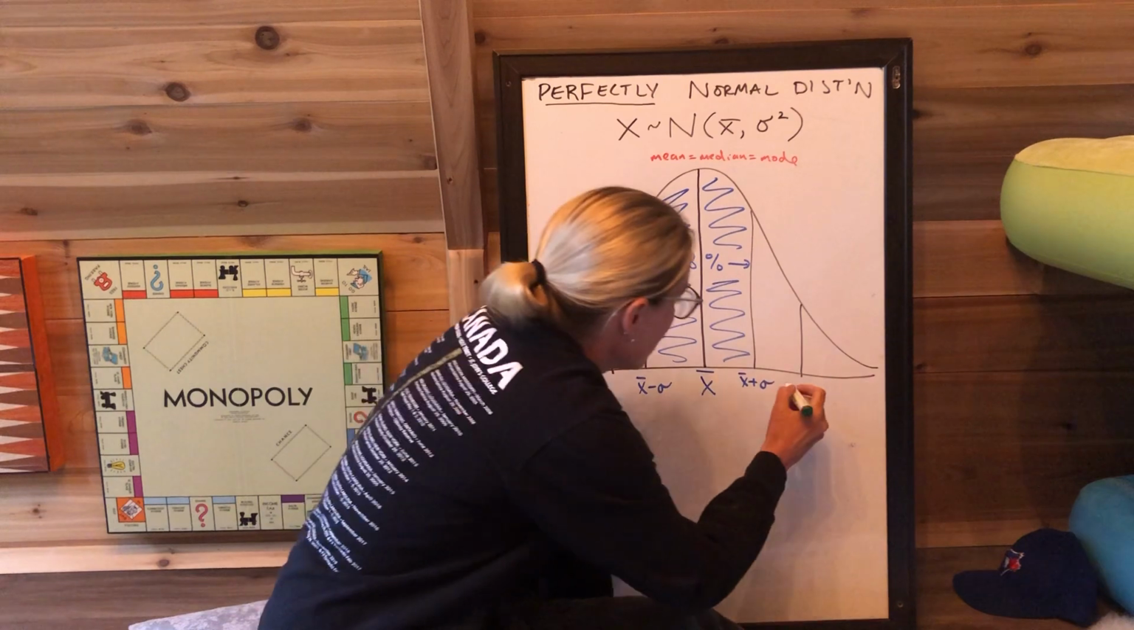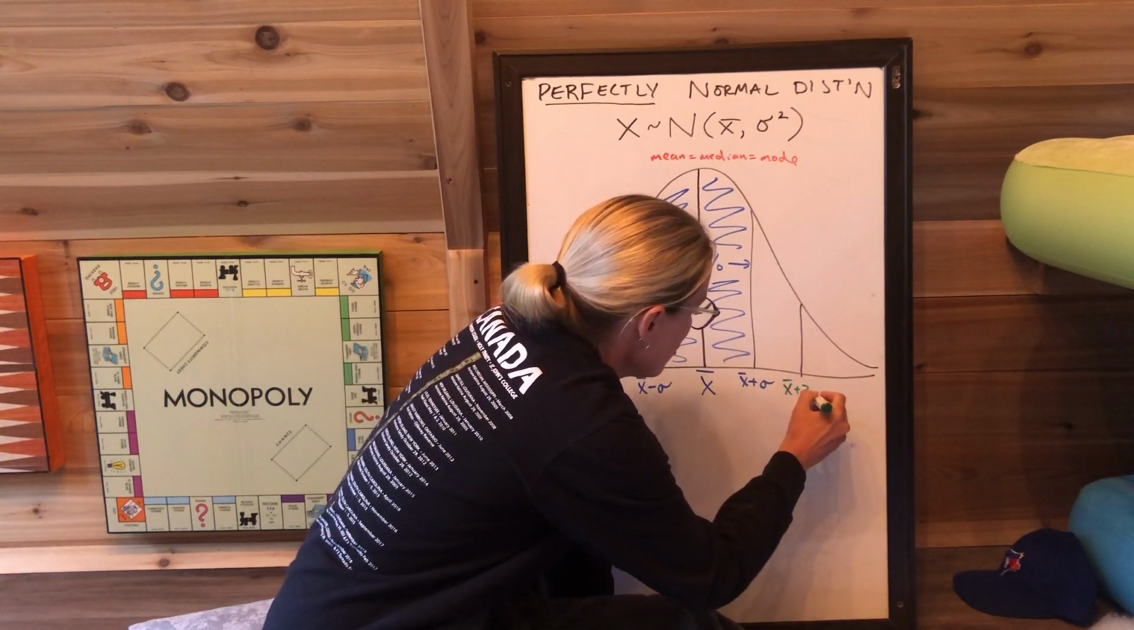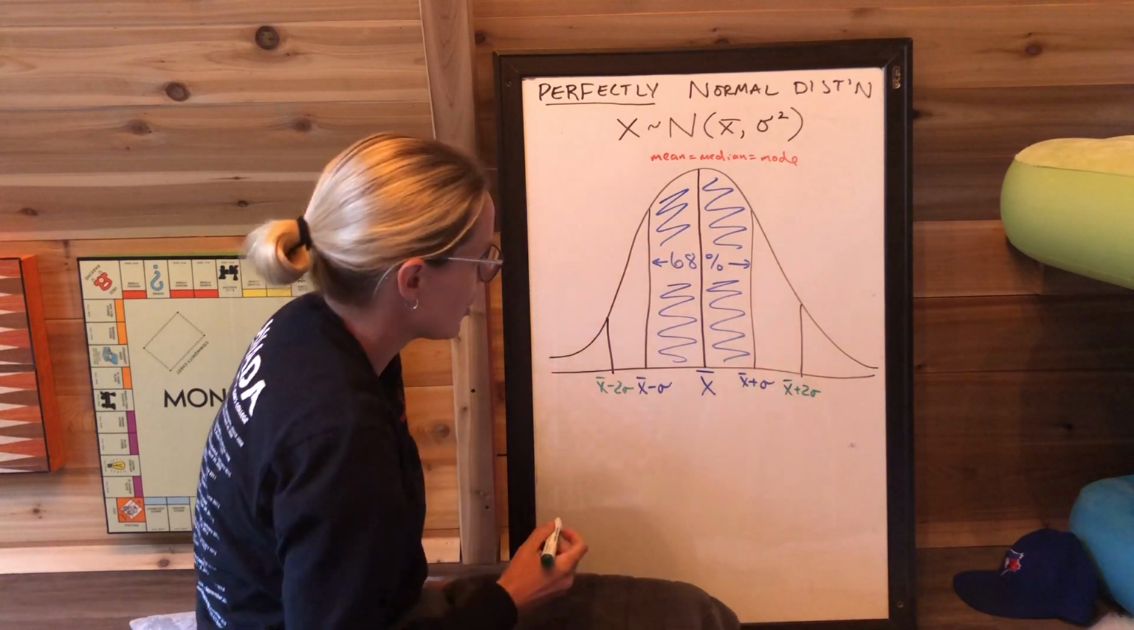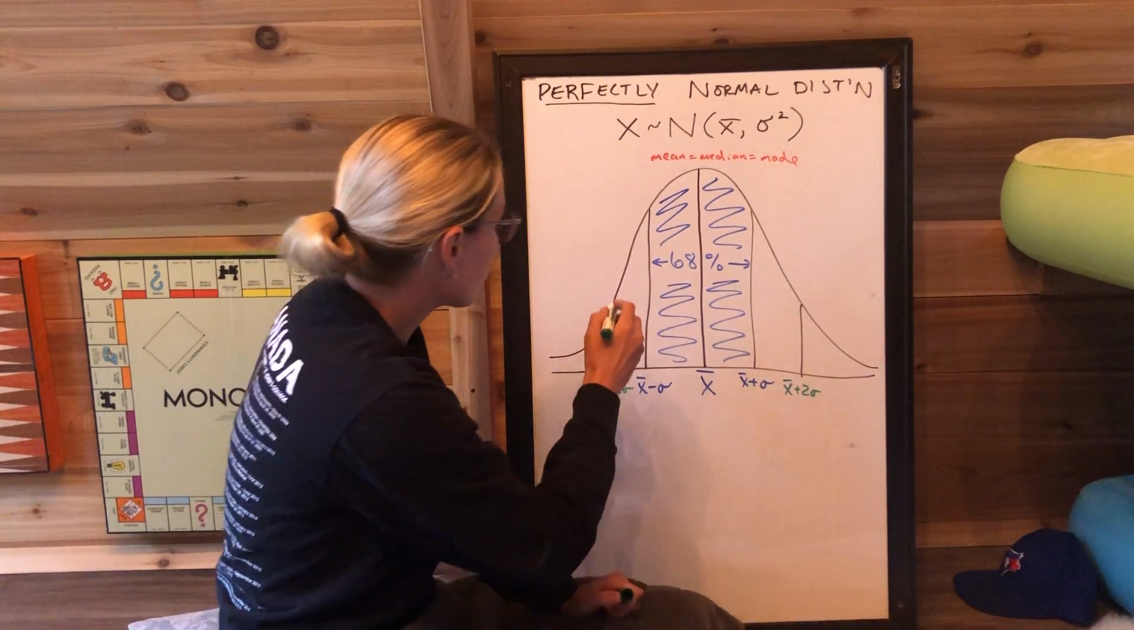So this here is going to be X bar plus 2 standard deviations. This one here is going to be X bar minus 2 standard deviations. Okay? And now to go right across,